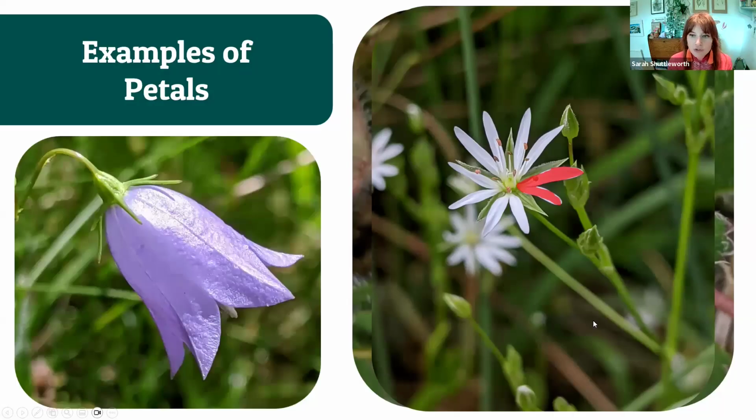But equally, we can have non-separate petals, and we can have ones that, just like the calyx, are fused to create different shapes. So in this lovely harebell, all the petals have been fused nearly all the way to the top to form this lovely classic bell shape. And that is definitely when you would be talking about the corolla rather than petals